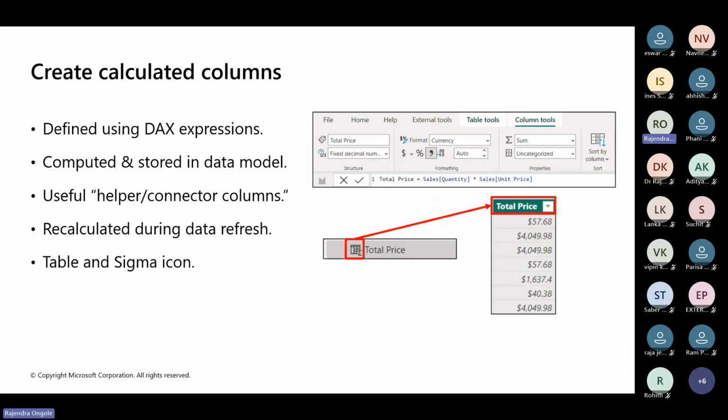In such a scenario, the best approach should be a measure, an explicit measure or calculated measure. So here we're just multiplying the quantity into unit price. We are taking the existing fields like quantity and unit price. We are deriving an output named total price. We are not using any aggregator functions. And automatically, whenever you're deriving a new column or calculated column on a number related part, you can see a sigma symbol there, sigma icon, so that you can easily identify that it is a calculated column related number field, total